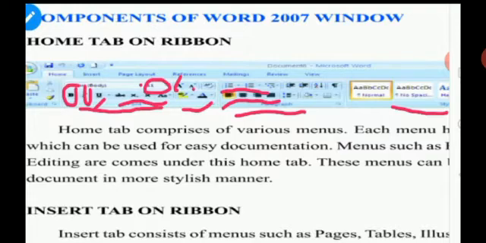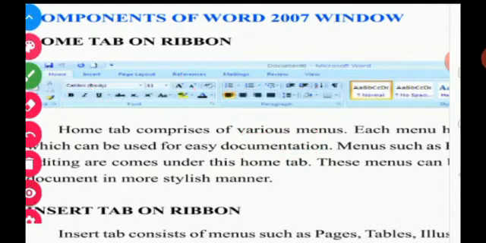Then here also indent. If we want to move all the lines some distance to the left or right, we can use this indent option. And line spacing will be there. The space between the first line and second line is adjusted by this. Here also fill color, sorting options, bookmark, hide button, everything is present. The styles also we can change, how it appears. So these are present in the home options. Are you clear? Shall we move to the next tab?